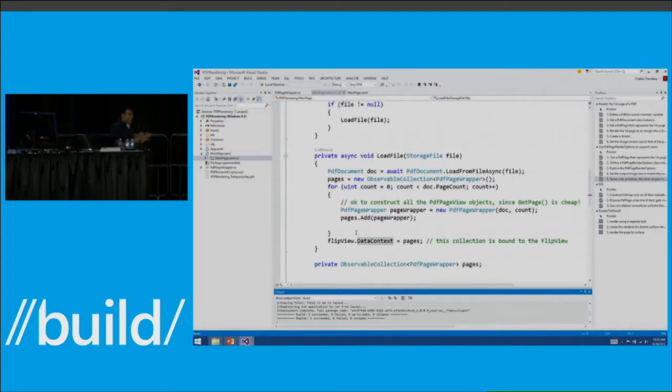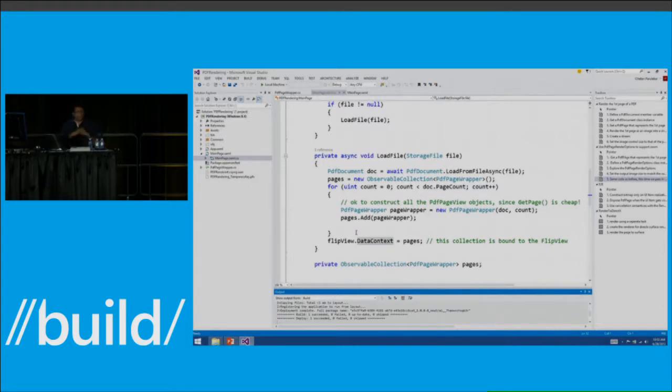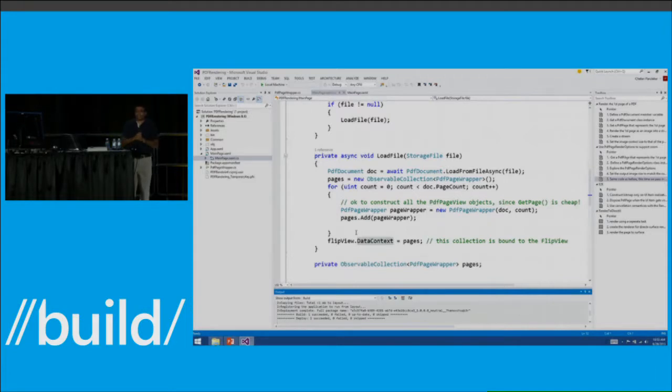So clearly there are a couple of things that this app is doing incorrectly. The first thing it is doing is that as soon as the document is selected by the user, it decides to go ahead and create images for every page of that document. Probably not a great thing to do. Now, we'll talk about the PDF page object.